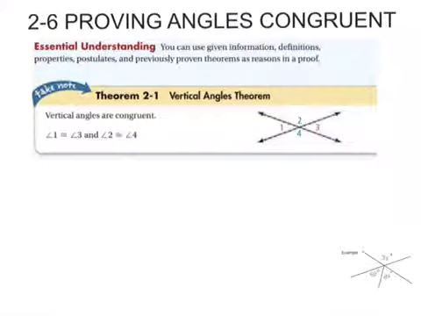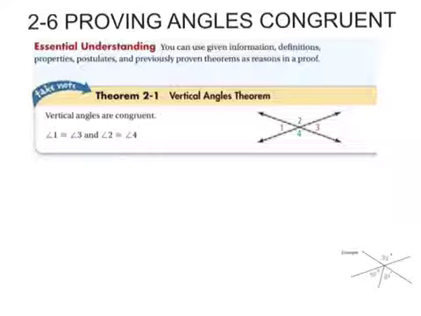Theorem 2-1 is the vertical angles theorem, and a theorem is a conjecture or a statement that we can prove to be true. And proofs must always be proven true, and they're either proven true in the examples of the book, or sometimes they're saved as problems in the exercises. But the point is that theorems are proved to be true, and then we can use them